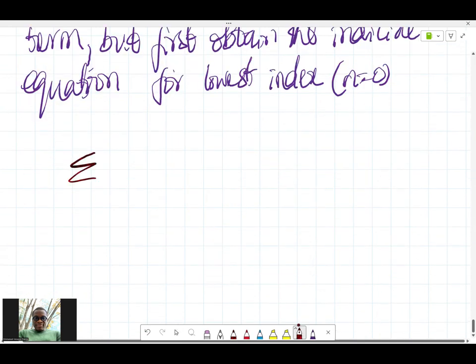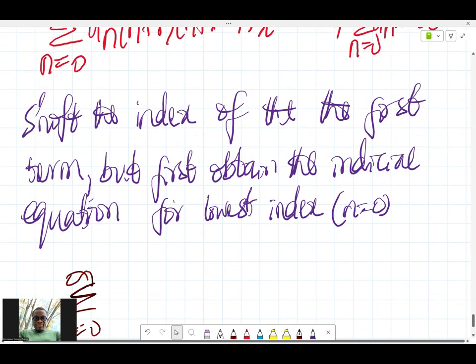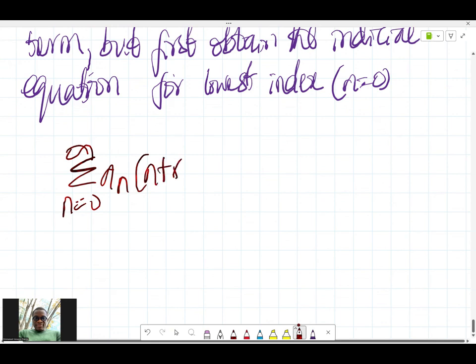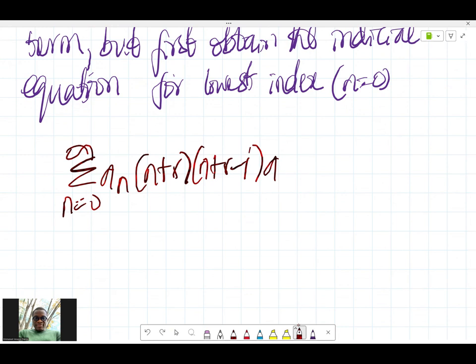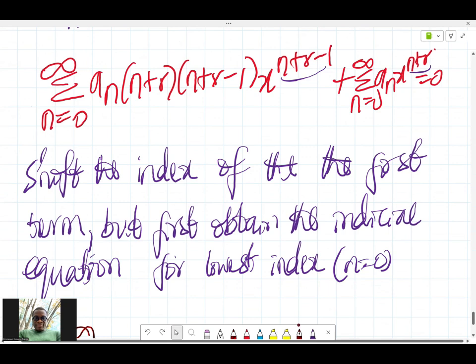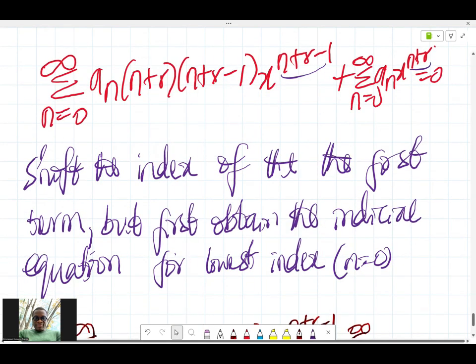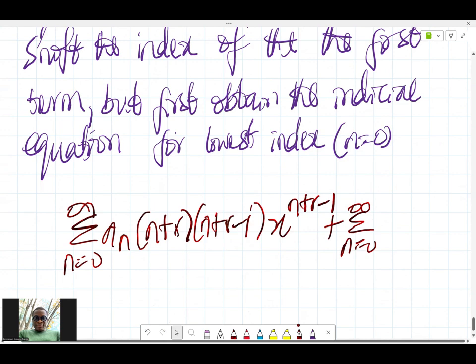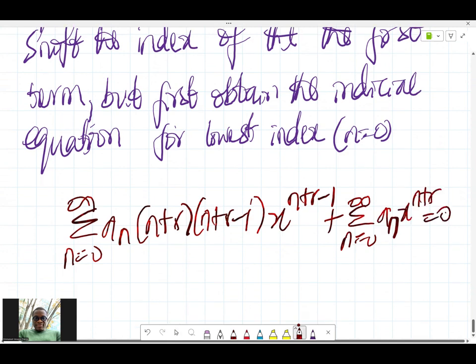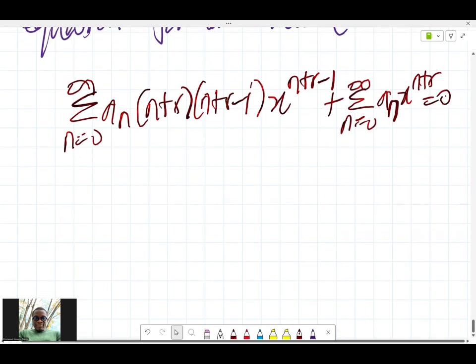So we have the summation from n equals 0 to infinity of a_n (n plus r)(n plus r minus 1) x raised to power n plus r minus 1, plus the summation from n equals 0 to infinity of a_n x raised to power n plus r, equals 0. Because this power is lower than the other, the initial equation is going to come from this first term. So when n is equal to 0, we have a_0